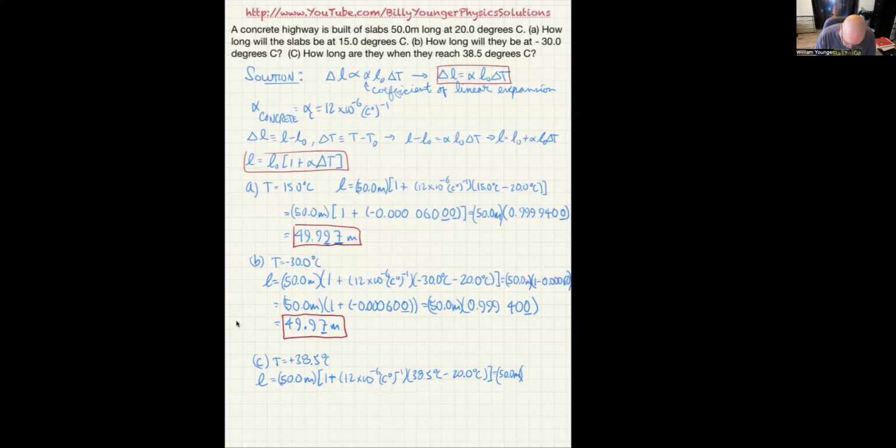So I'm going to say 38.5 minus 20.0, that's 18.5. I'm going to multiply that times 12 times 10 to the negative 6. And that's going to give me 1 plus 0.000222. Again, running out of space, I just write the 2's there, and now I'm going to recopy it using